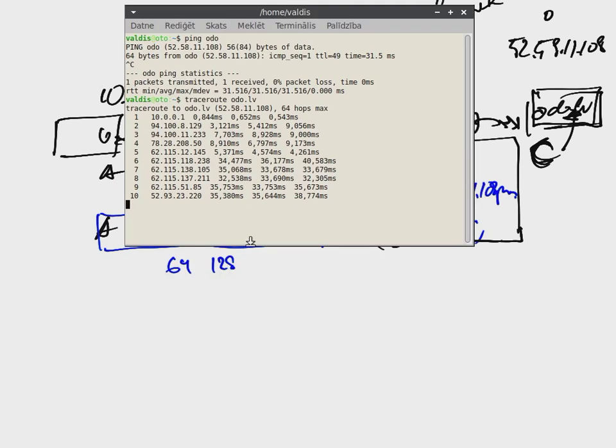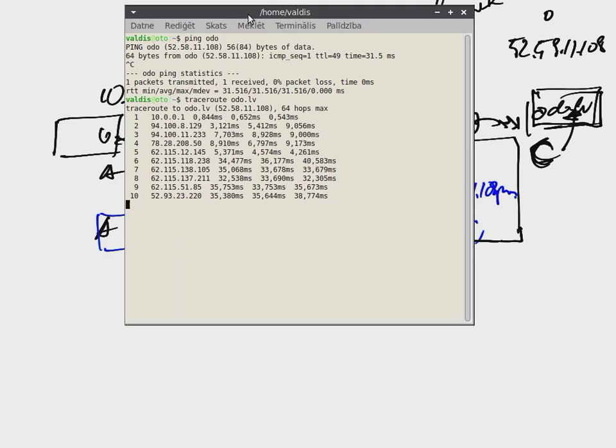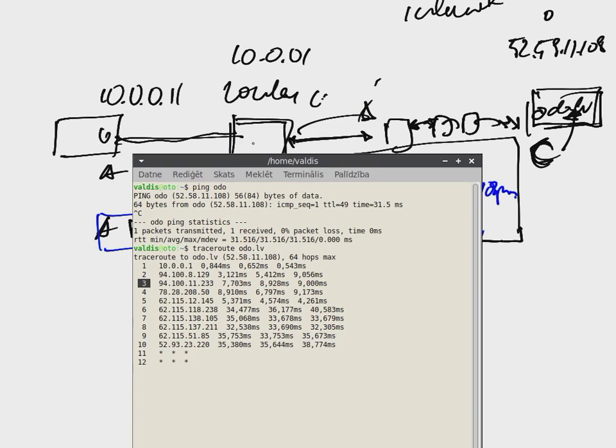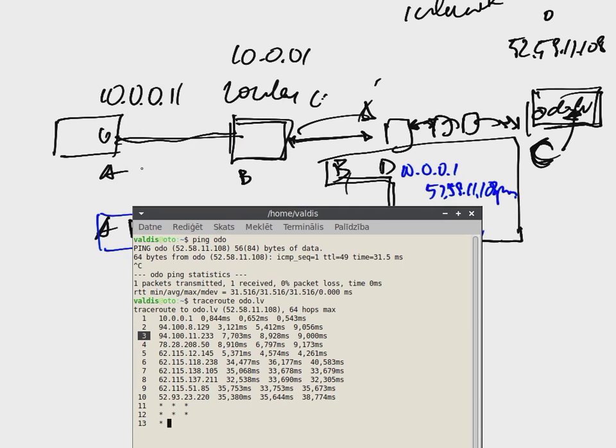What this command does is send these please respond packets to this target address 52.58.11.108, but time to live is not large. Time to live is initially only 1, then it sends another packet with time to live 2, then another packet with time to live 3, and what happens is that if these routers follow standards and are nice, they send